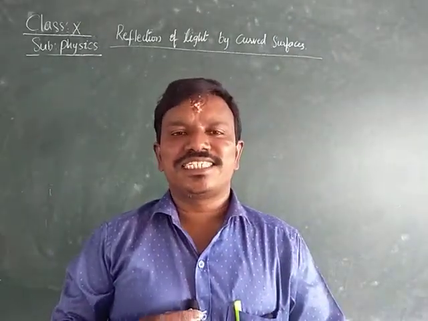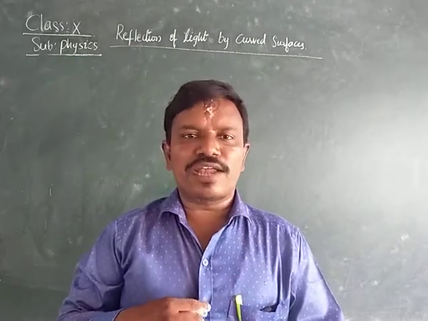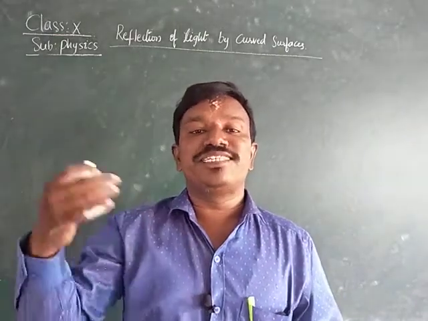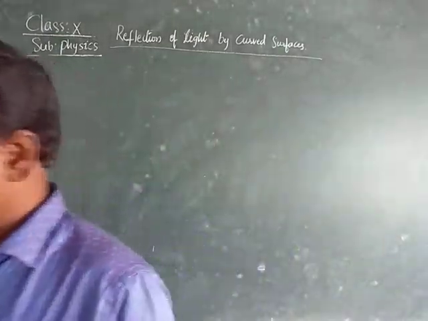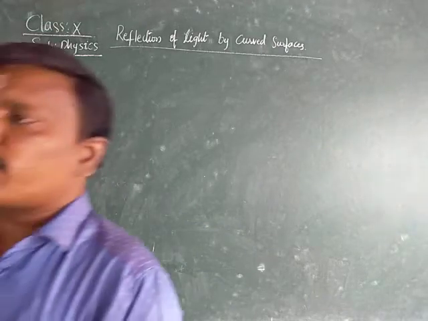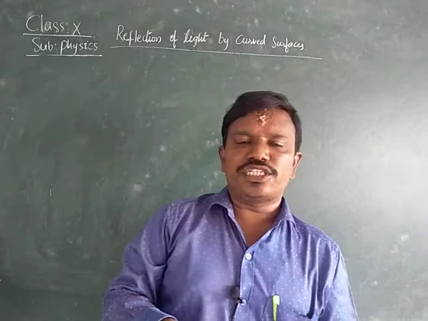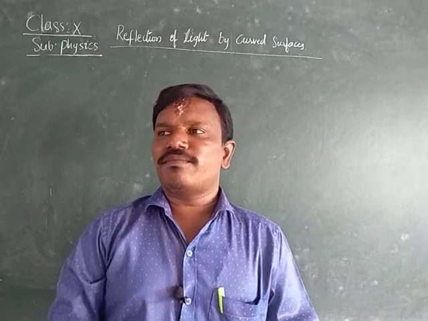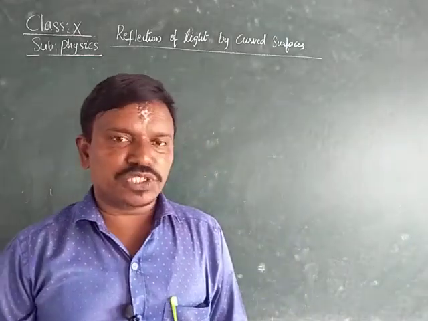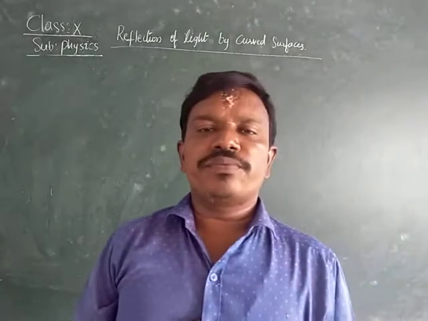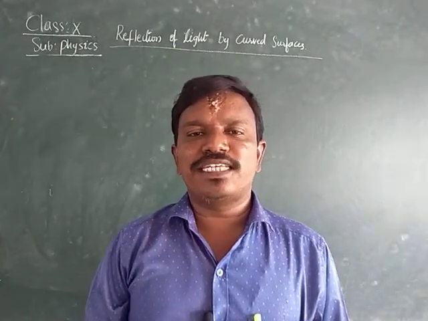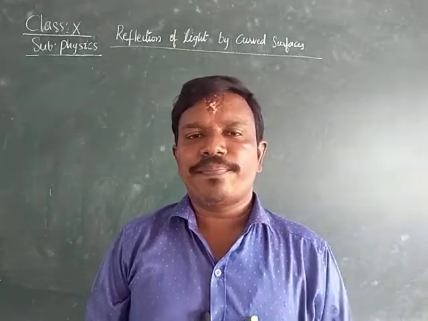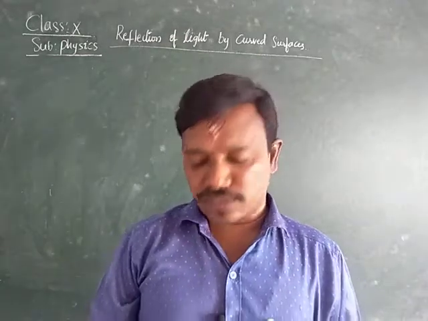In the previous class, we learned how to make the solar cooker. Today, we'll be learning how to solve the problems in this chapter. Just as we know, some formulas are based on this chapter: the mirror formula and the magnification formula. The mirror formula says that 1/f = 1/v + 1/u, whereas the magnification says that m = hi/ho = -v/u. Based on those formulae, we'll try to solve a few problems.